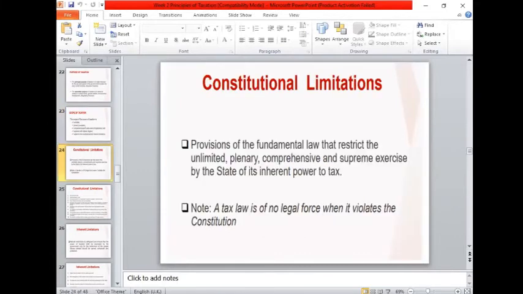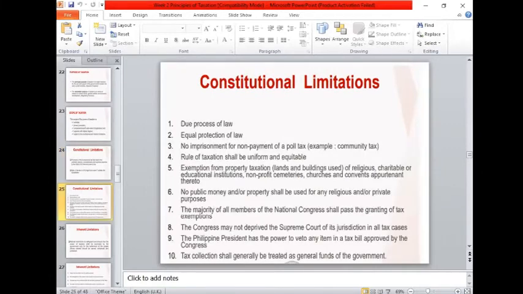So please take note, what are the constitutional limitations of the taxation power? If there are some laws that contradict the Constitution, this tax law may not be enforced legally. If there are some tax laws created by the Congress or the legislative body that will violate the Constitution. So what are those constitutional limitations? Of course, the tax law must have due process, and the law must be created with equal protection. And please take note that there will be no imprisonment for those people who don't pay the community tax